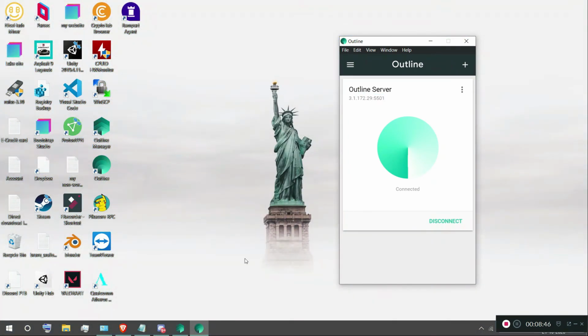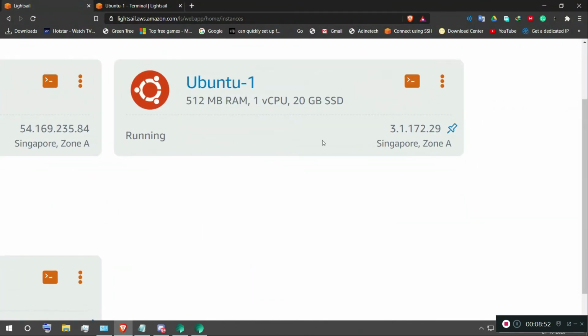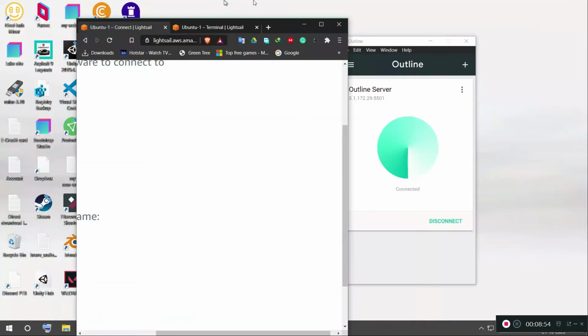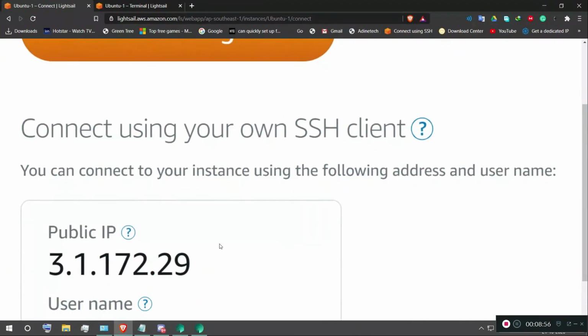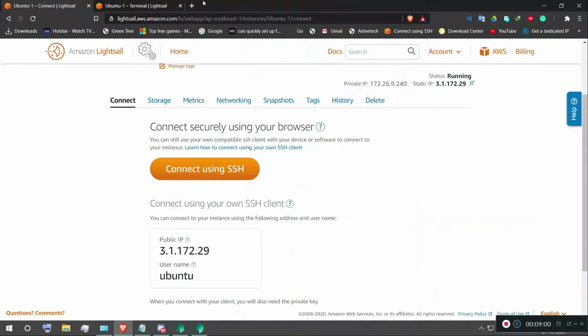Now it's connected. Let's check if our VPN is working fine or not. Here's the same IP. Let's check that. The public IP is properly the same. Let's type what's my IP.